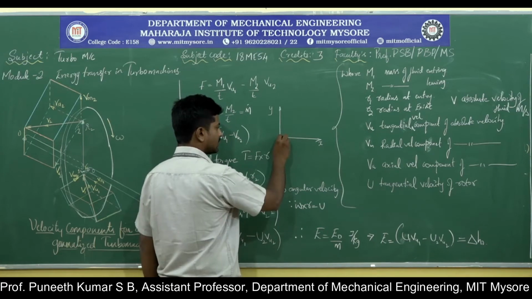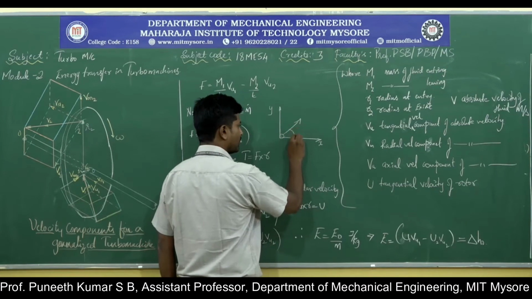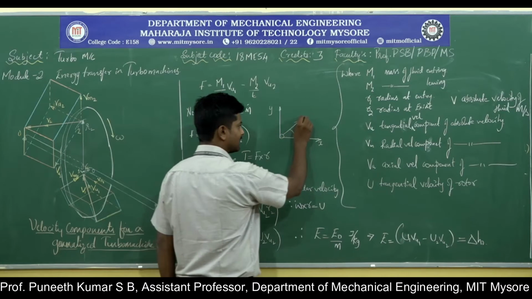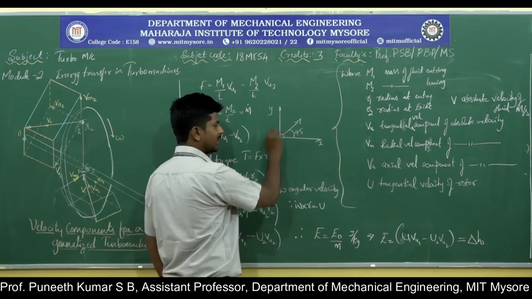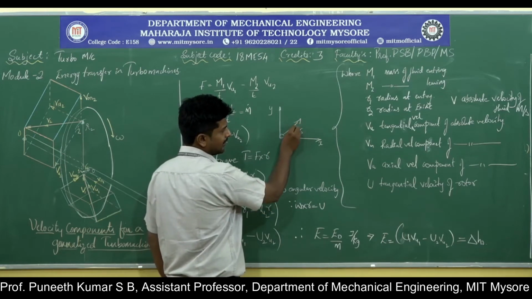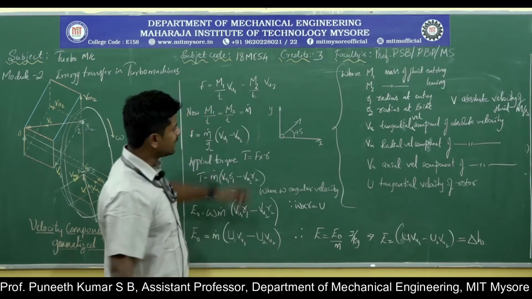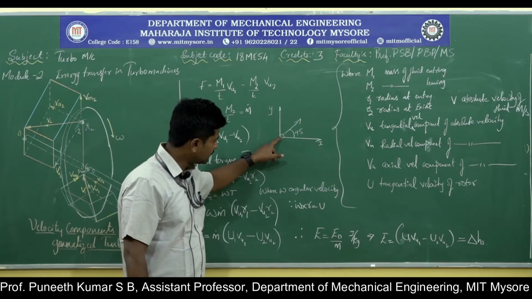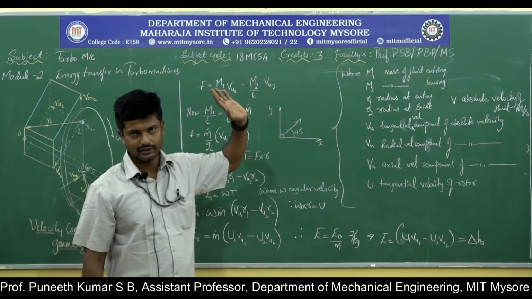Suppose if I throw a ball at an angle of 45 degree, the ball travels in a trajectory. Now let me take, for the sake of example, if the ball is traveling in this direction, that represents the absolute traveling direction of the ball. That means the direction in which the ball is actually traveling is the absolute direction.